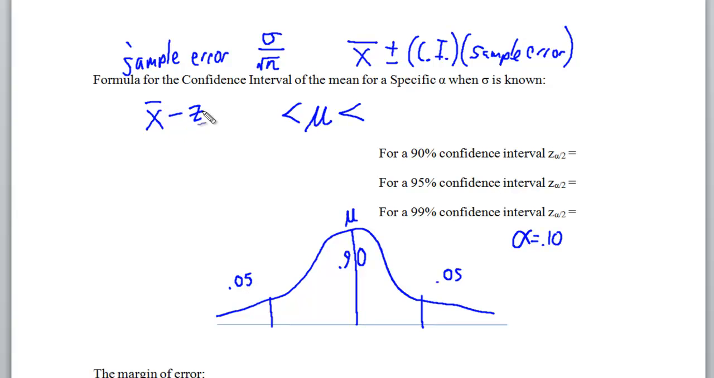Now that lower confidence interval is going to be z sub alpha divided by 2 times our standard deviation divided by the square root of our sample size. Now, you might say, okay, the problem is going to give me the standard deviation and the sample size, but what am I going to use here? You're going to use whatever value from our table our confidence interval tells you. So, the number I'm going to use here for 90% is going to be